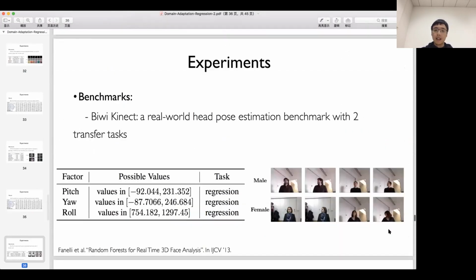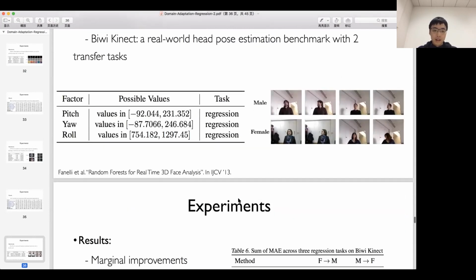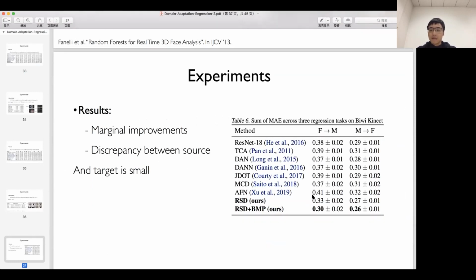The third one is a real-world dataset. We just use 2 domains: one domain is male and the second domain is female. In this experiment, we also have 3 regression tasks. This is the result of our method. Because this dataset just has 2 domains, we can establish 2 transfer tasks, male to female and female to male. We can see that our method